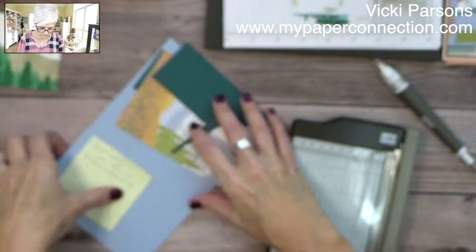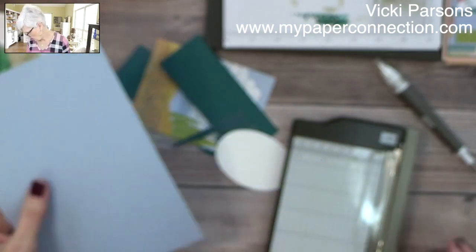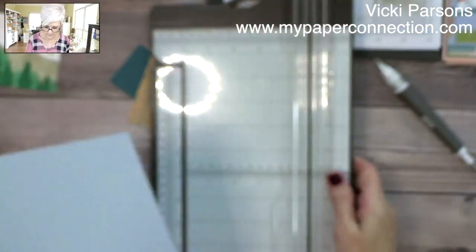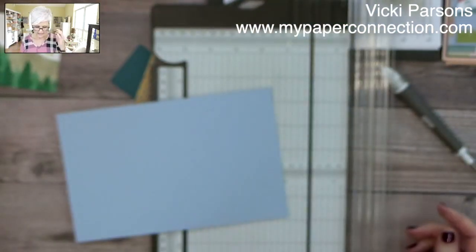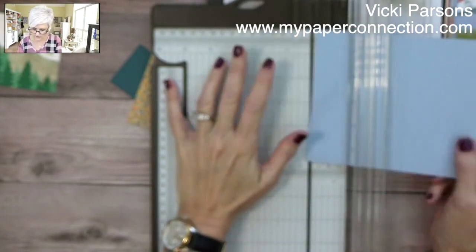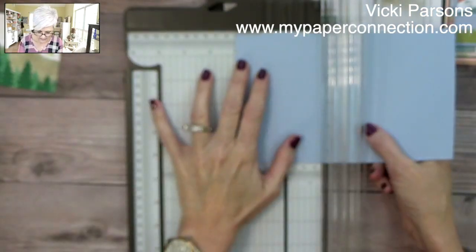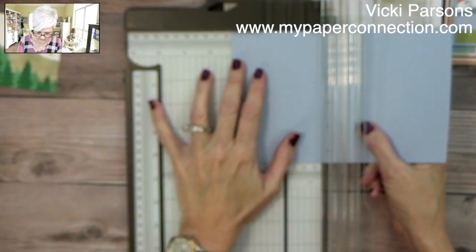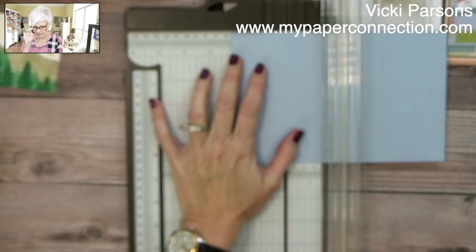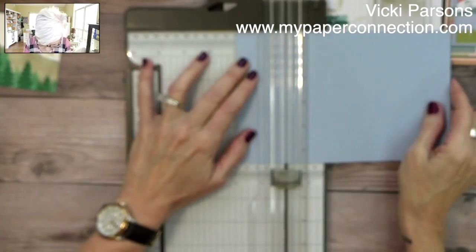Okay. So for this one, I have a piece of 5.5 by 8.5. Let me catch up. I am going to need that, but I need this. And so I'm going to turn it into a gatefold. And in order to do that, I'll have to take it... I don't know if you guys know this, but I'm sure you do, because you make cards. I'm going to take it at 2 1/8 right here. Your front, one panel is 4 1/4 worth. 2 1/8 is half of that. So I'm going to take it right to the 2 1/8